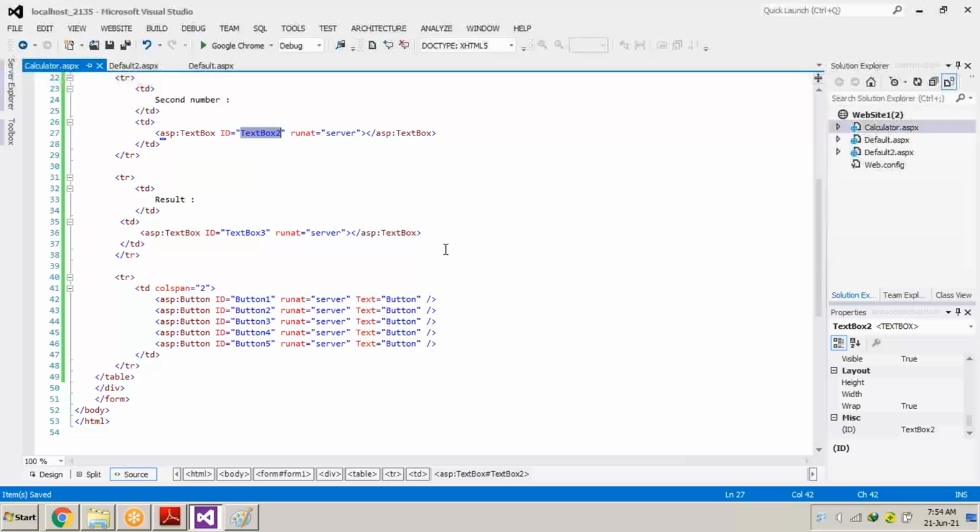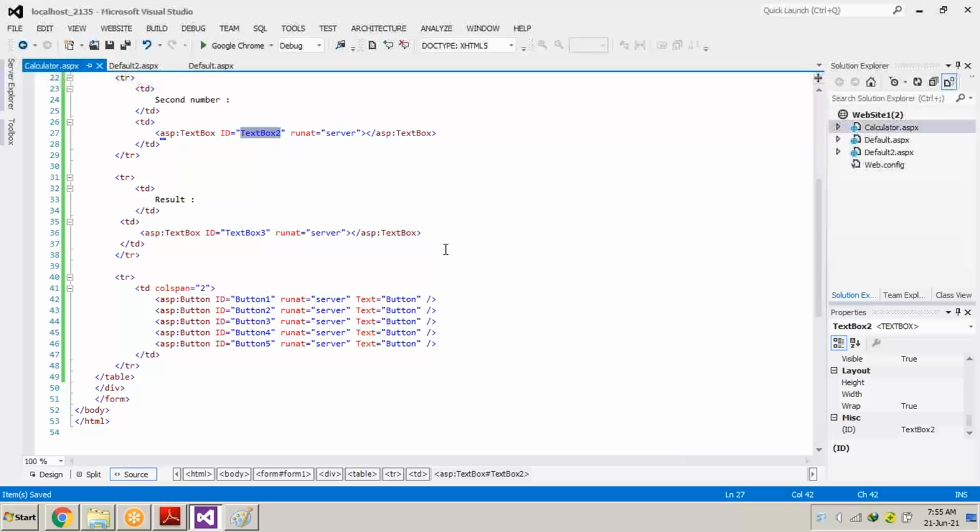So never change this ID, or if you want to change, just specify those IDs with the label. But in the beginning, it's not necessary. It is necessary for big projects, professional projects.